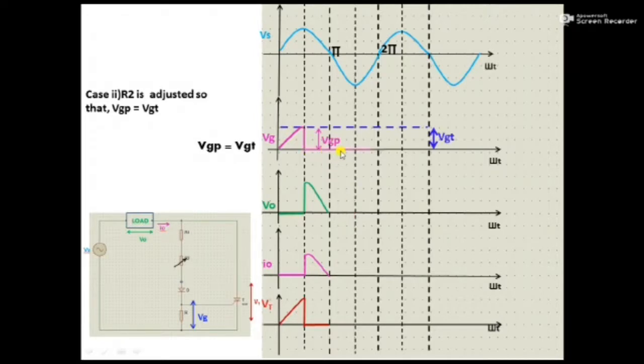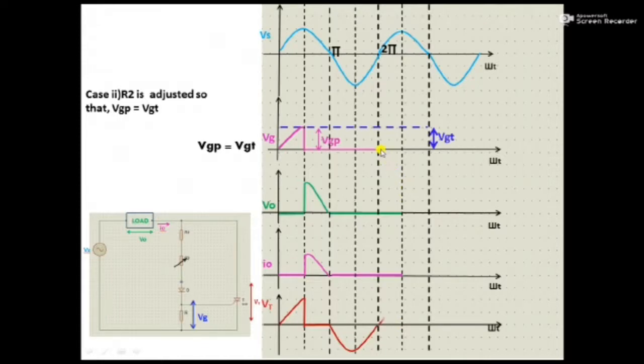So this is your gate voltage when the thyristor is off. This is your output voltage V0, 0 when the thyristor is off. This is your output load current when the thyristor is off, and the same voltage as the supply voltage appears across the thyristor. That is the negative half cycle of the supply voltage. The thyristor turns on here at this instant of the positive half cycle. So till this instant is reached, the thyristor will remain in the off state.